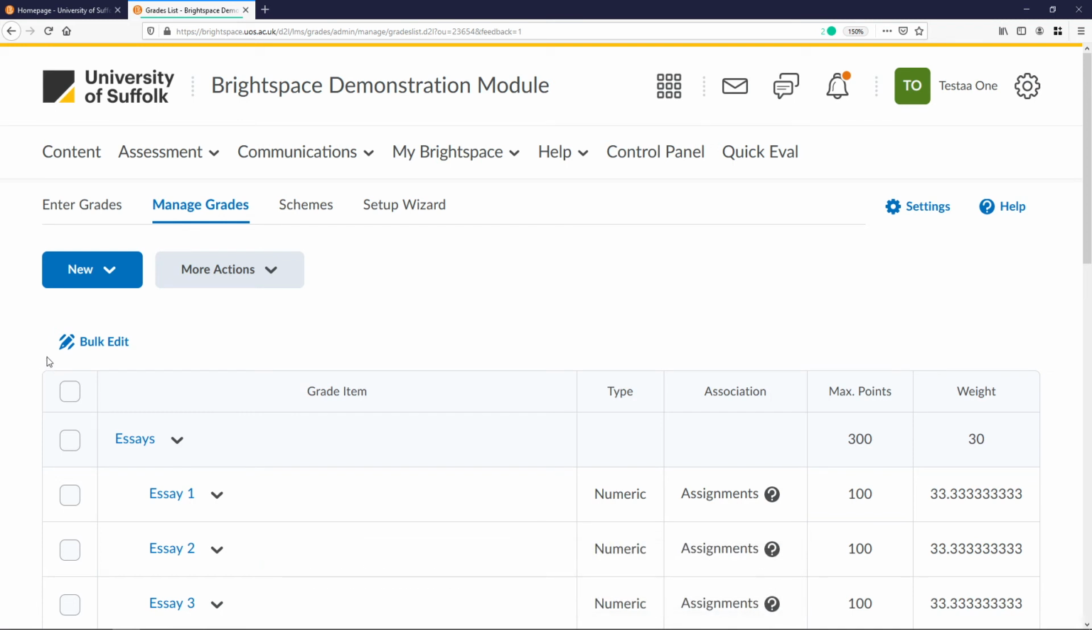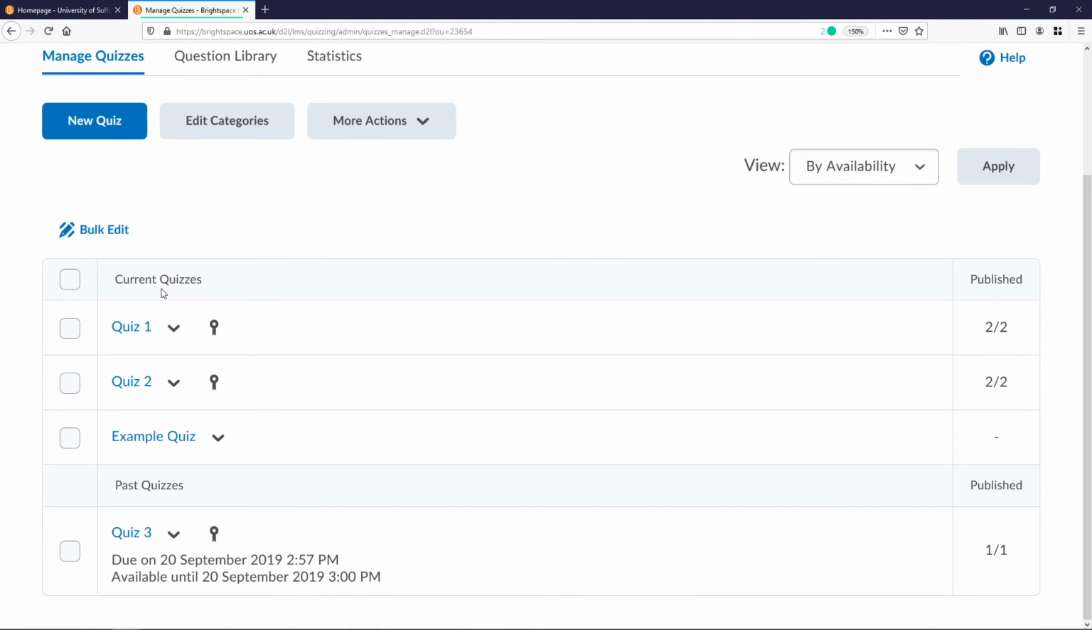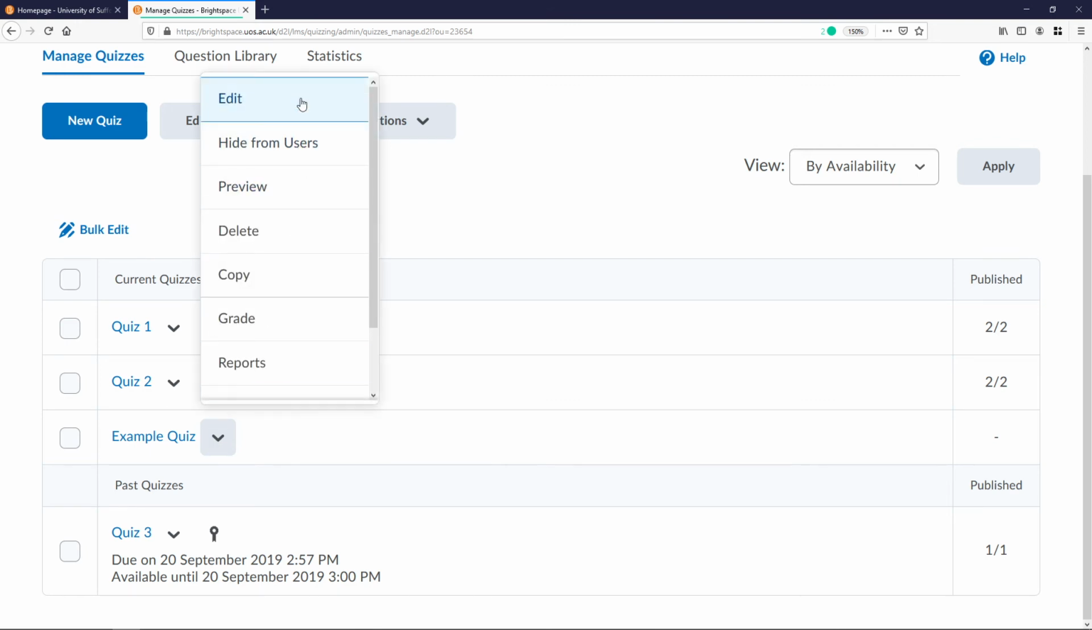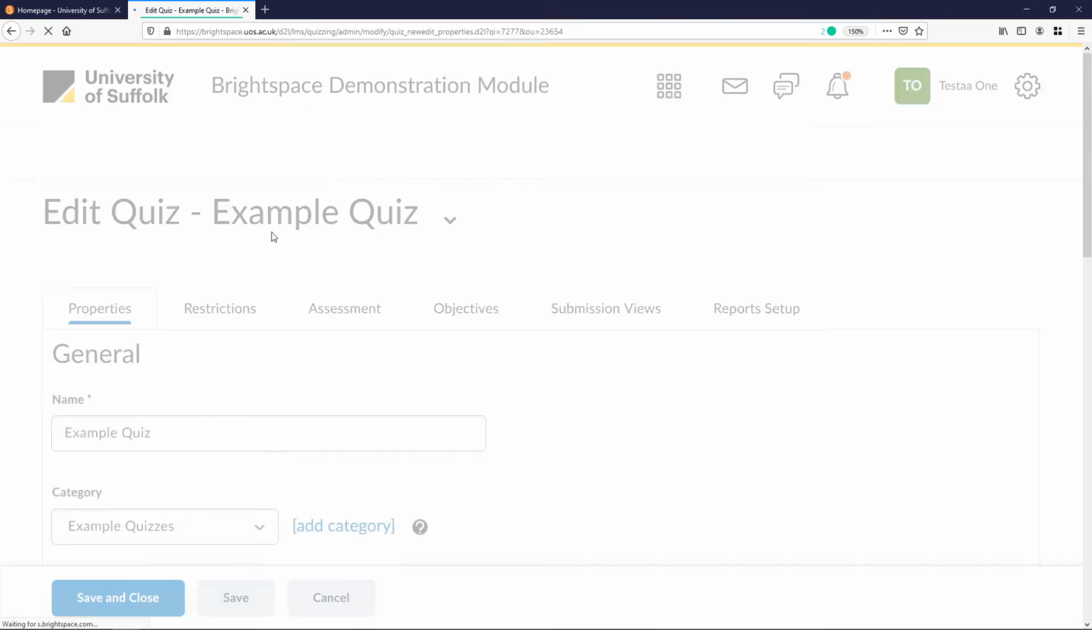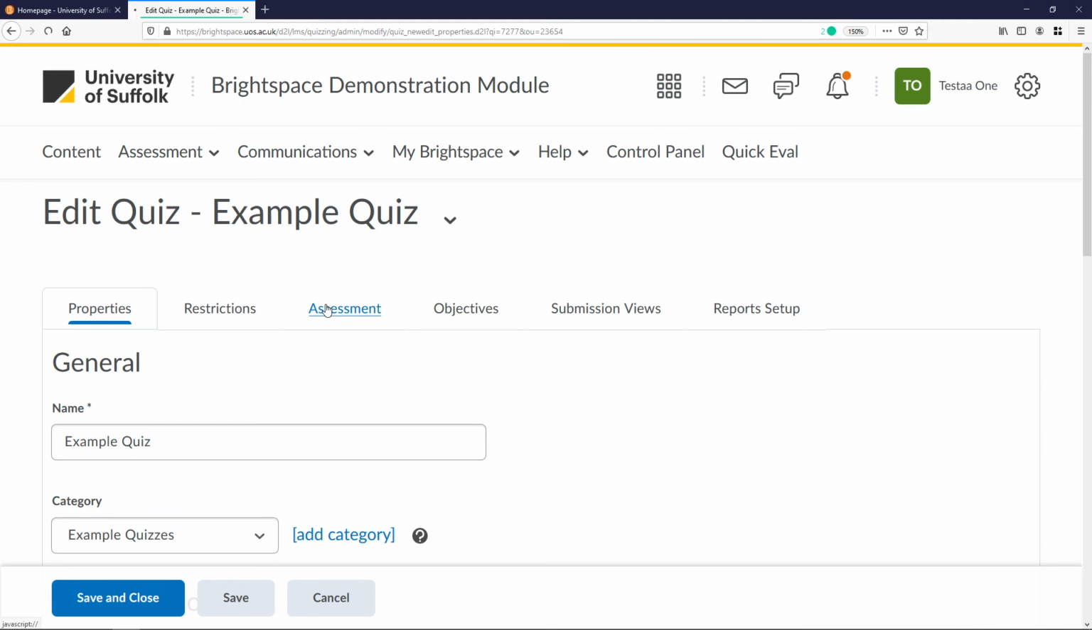And then the next step is to associate that grade item with a particular tool. So in this case we're going to do that with a quiz. And I don't think this example quiz has a grade item attached, so let's edit the quiz and go to the assessment tab